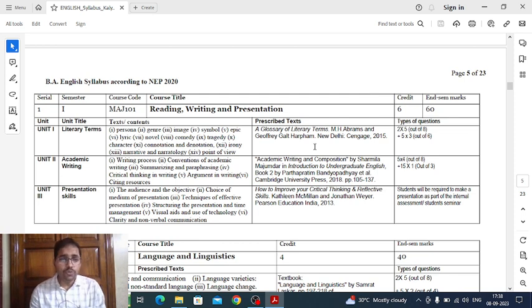Along with these 2 units, as you can see, there is a third unit, that is the presentation skill. As we know, whenever we go through our academic life and academic career, you need to present your skills, and presentation is considered very important and significant. Students will be required to make a presentation as part of their internal assessments or student seminars under